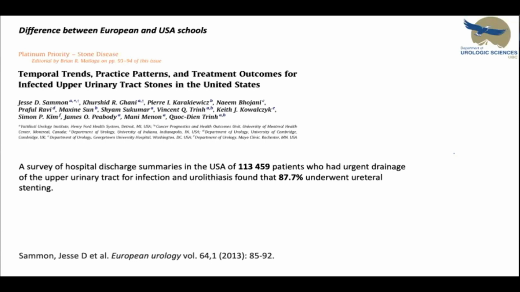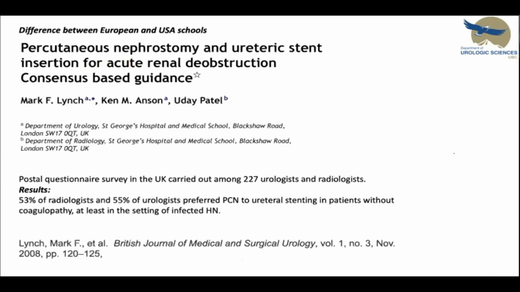This study was done in the US, a survey of hospital discharge summaries in the USA of 113,000 patients who had an urgent drainage of the upper urinary tract for infection and urolithiasis, and found that 87.7% underwent ureteral stenting. While this study was done in the UK, a postal questionnaire survey was distributed among 227 urologists